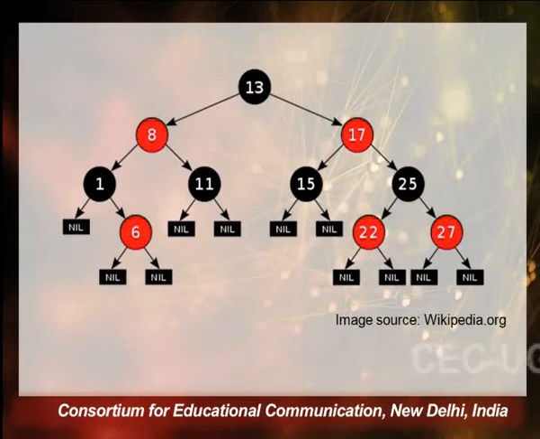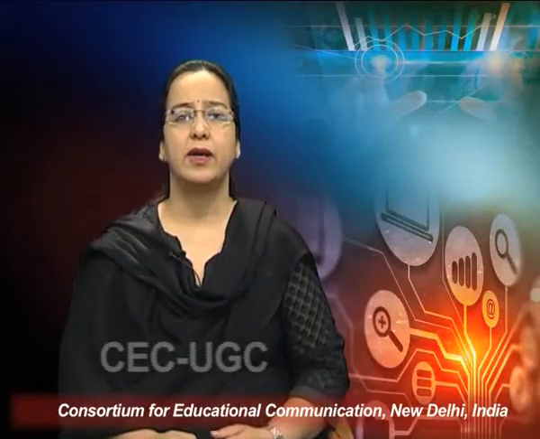So that is one particular property of your red black binary search tree, or simply we can say red black trees. And this property is very important in order to keep the height of the tree under some threshold. So all these properties: every node has a color red or black, yes, this was satisfied as per the given figure.